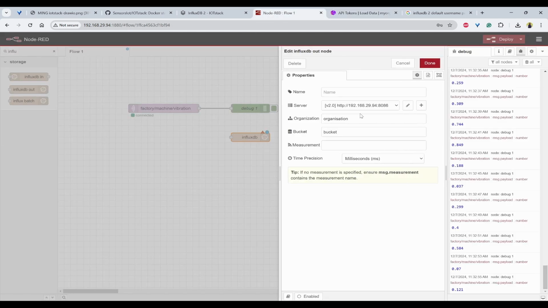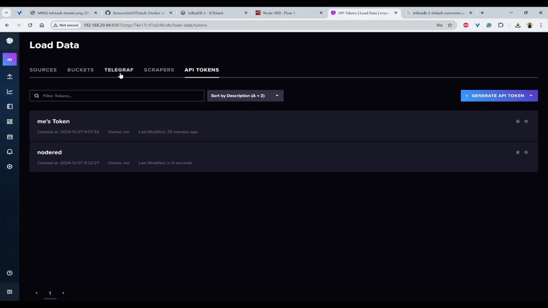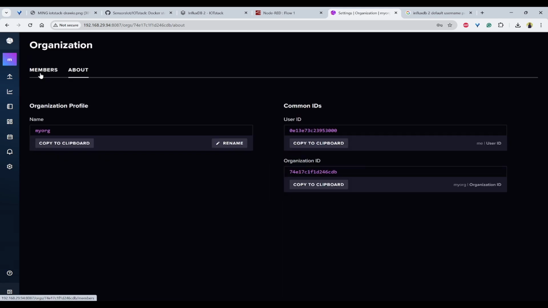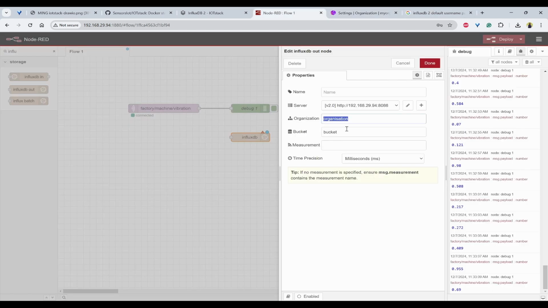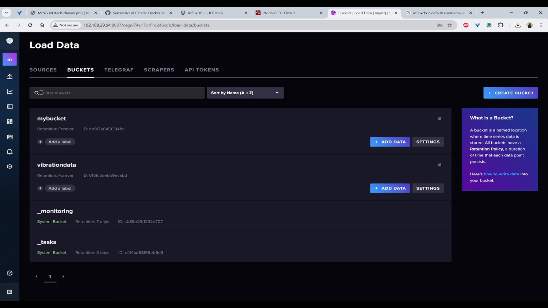Click on add. Next, I need to check the organization that is already available. So my org is already created and the bucket is also created. So I'll show that vibration data.